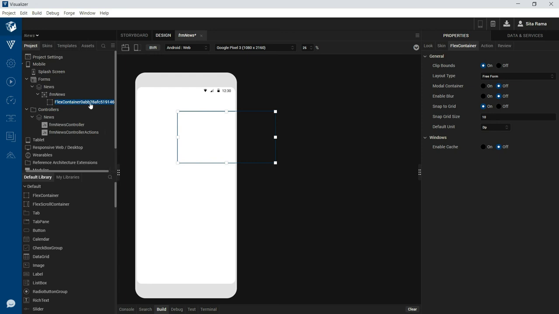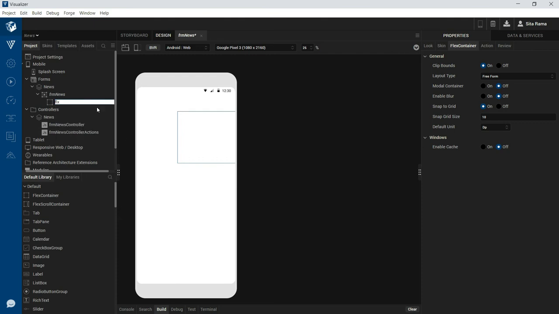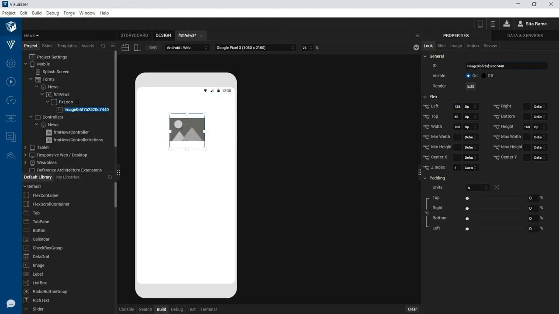I am putting a flex container into this FRM news form. Let's change the dimension properties and the layout properties of the flex container. I am using an image widget inside this flex container to show the logo.